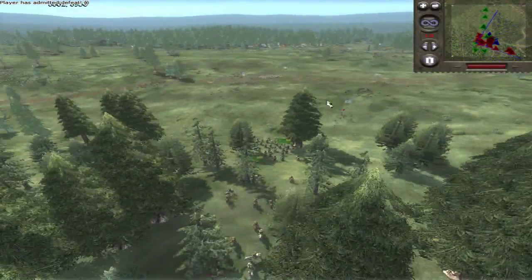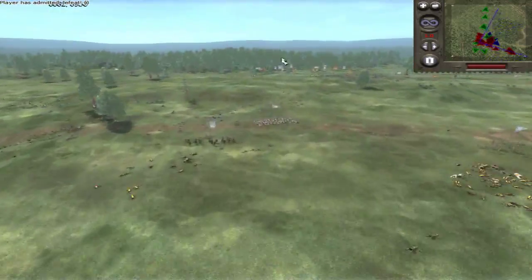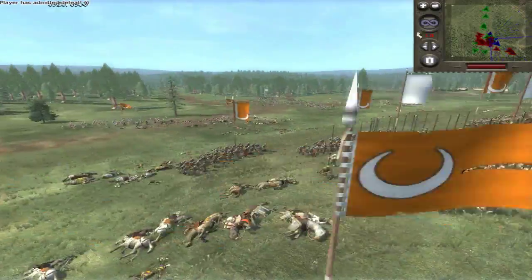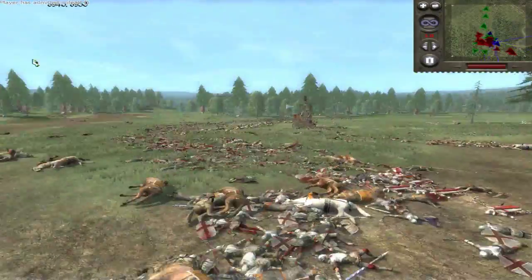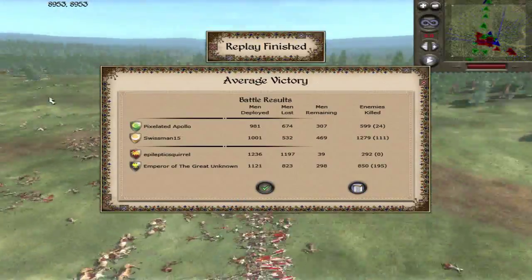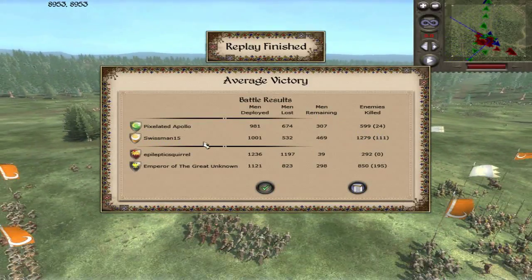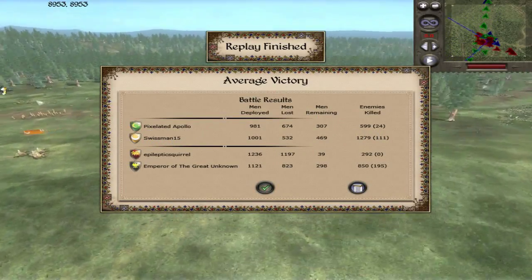My mounted bows, doing a great job. And we have a mid-defeat by Emperor Great Unknown. He realizes that this battle is over. His teammate didn't really help him out there. He must have been new, but I didn't exactly help out Swissman. You know what? I carried this battle. I won this battle from...